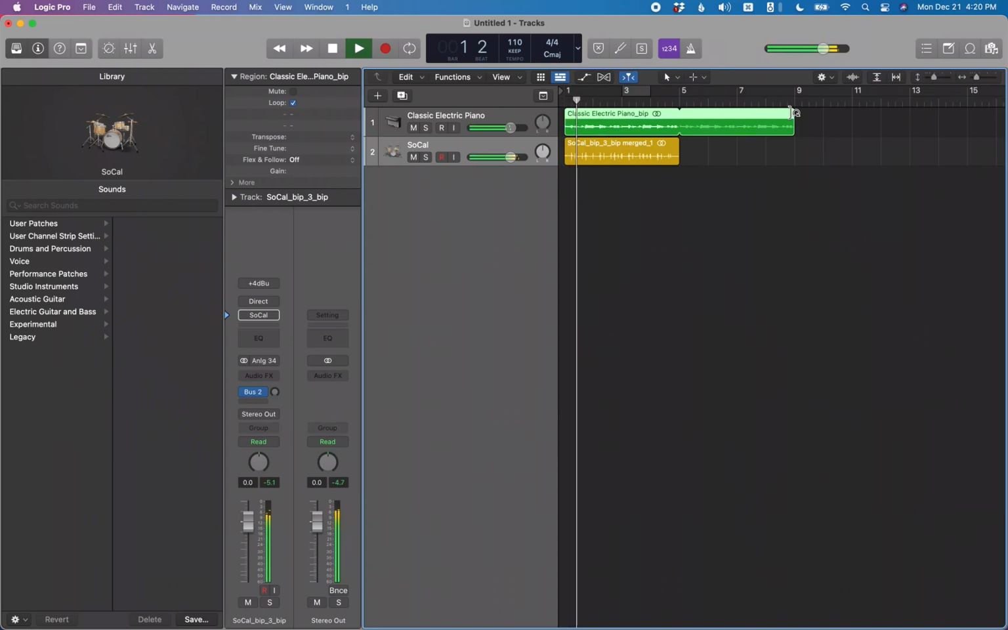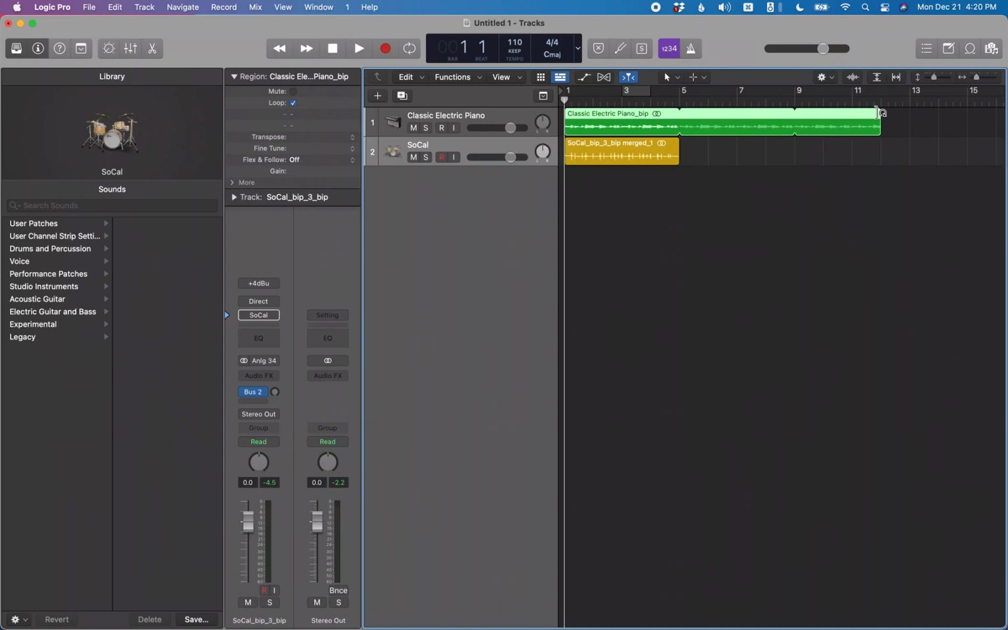1 bar, 1 beat, 1 tick. So there you have it. You see that loops around 2 times. So you can look at this loop handle. 8 bars 2 beats, 9 bars, 9 bars 2, 10 bars, 10 bars 2, 11 bars, 11 bars 2 beats,